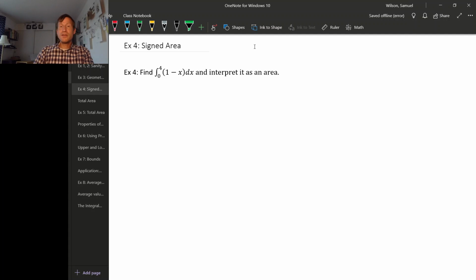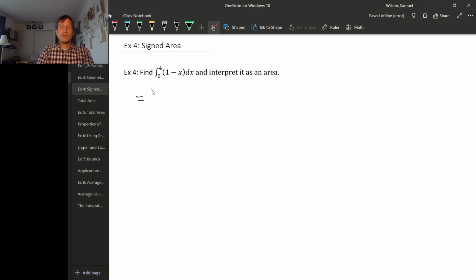Let's have a look at another example of computing a definite integral. So let's compute this integral, the integral from 0 to 4 of 1 minus x dx. And when we're done, let's interpret it as an area. So just for practice, I want to compute this integral using the limit of a Riemann sum definition of the